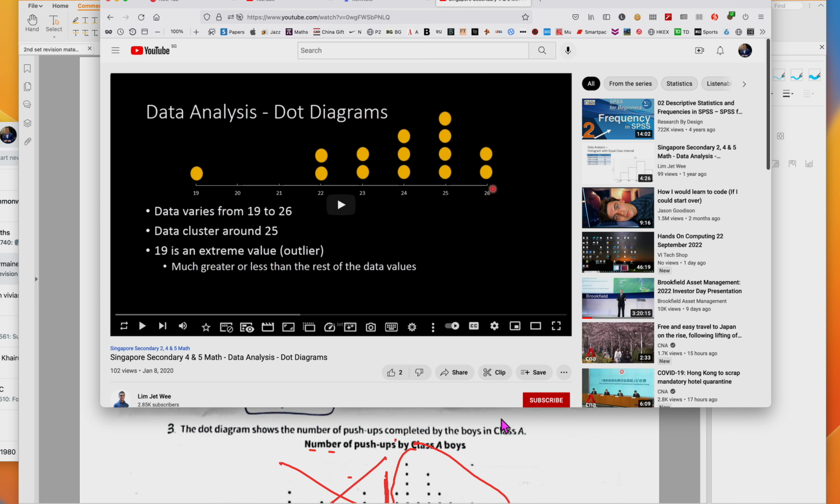Understand? So let me just confirm the diagram is correct first. So the first line I should see 19. Okay, 22, very good. Okay, good. So I'm going to give you a question. So below here is 19 to 26. Okay, good. So below here is